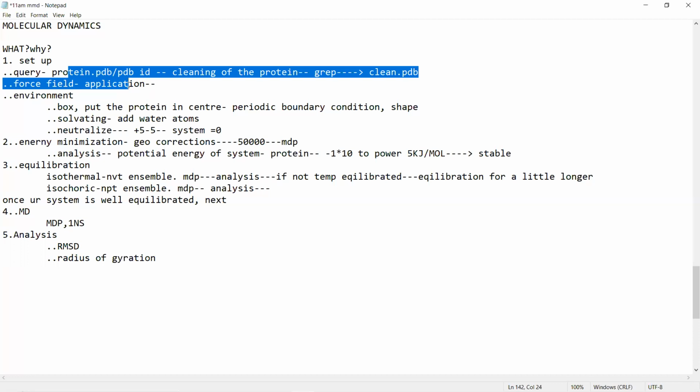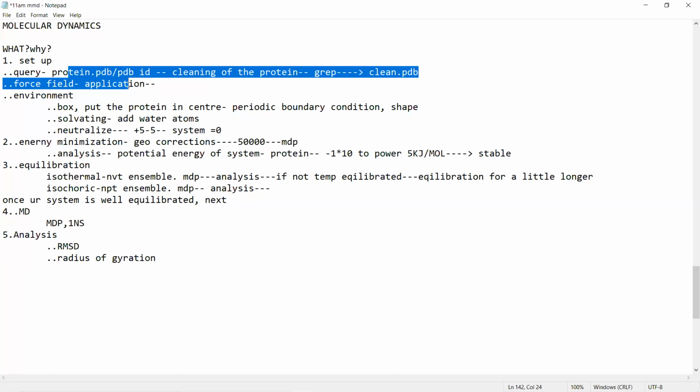You guys have done Modeler. There was a simple command line over there, mod9.24 build_profile.py, right? That was a simple command line, where mod9.24 basically tells you the version of Modeler you're using, and then simply the Python script you're running. Similarly, here also we will be using long command lines, with different functions and flags and files. So I will be making you understand the role of each function and flag.